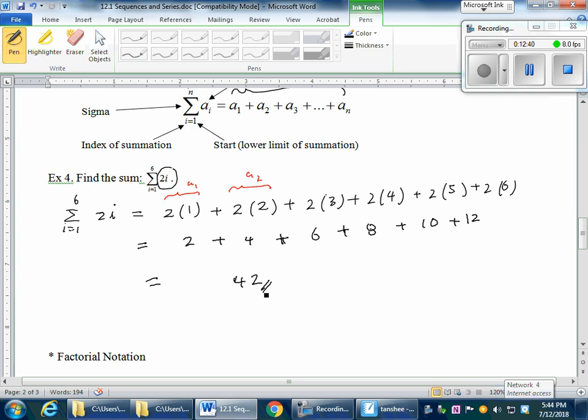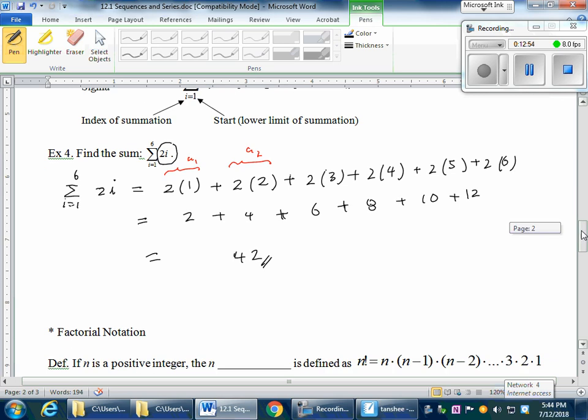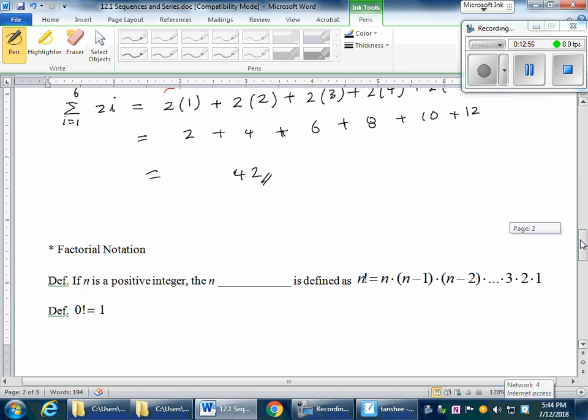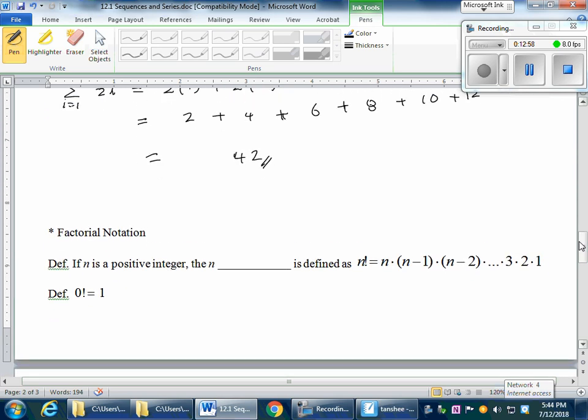Factorial is another notation that you need to know so that you can compute some counting rules of the probability in statistics. So what is a factorial notation talking about? Factorial notation is defined this way. If n is a positive integer, then n factorial